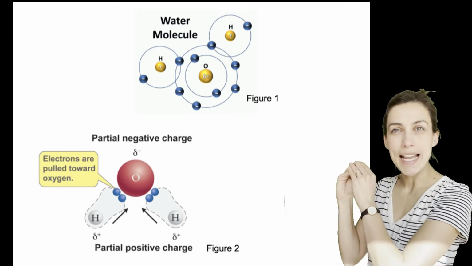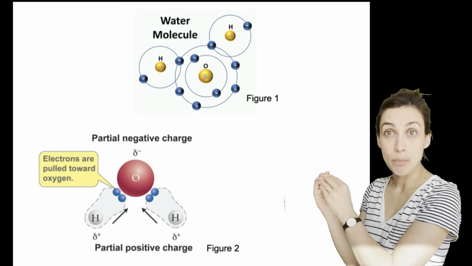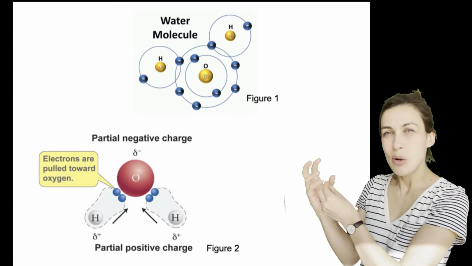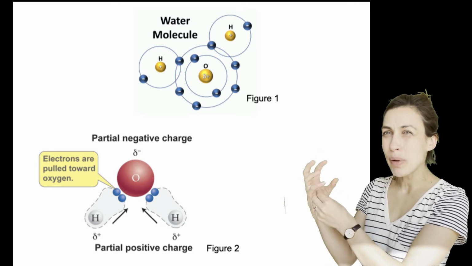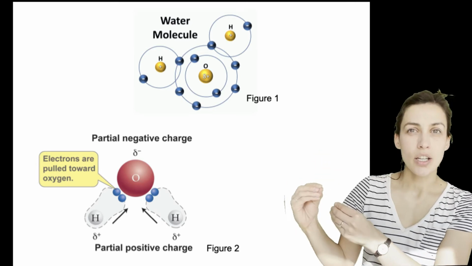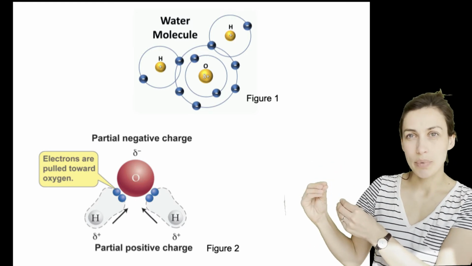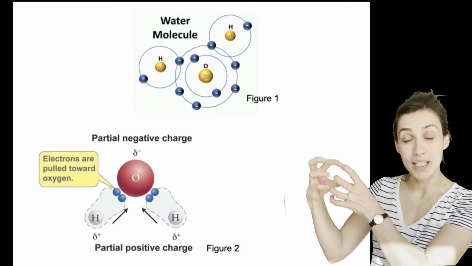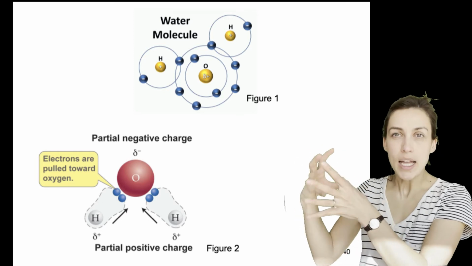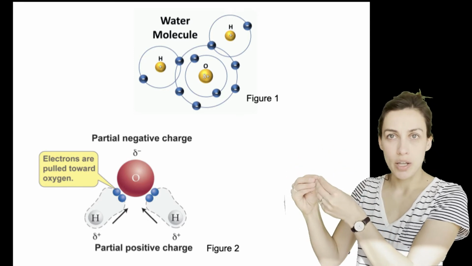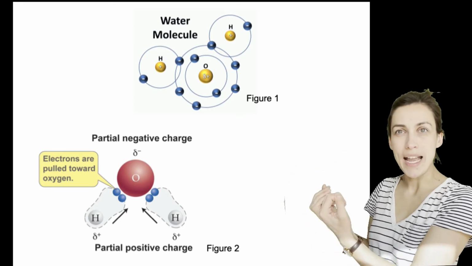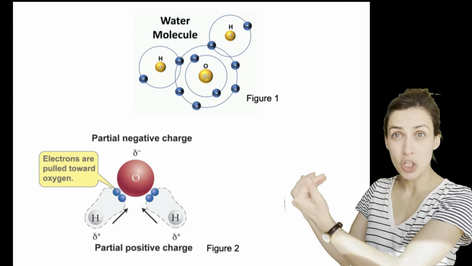So oxygen has 8 protons, 8 positive charges inside, but now it has a little bit more than its 8 electrons because the two shared are also spending time next to it, so it's feeling more of the negative charge there. Whereas the hydrogens actually have less of their negative charge